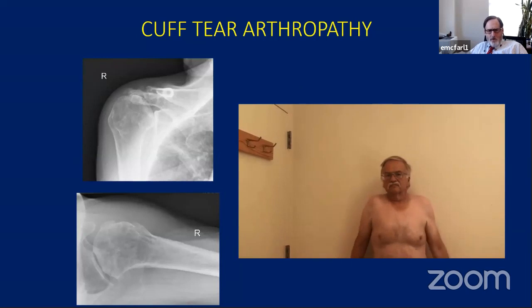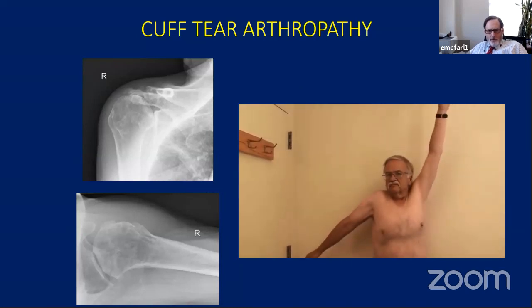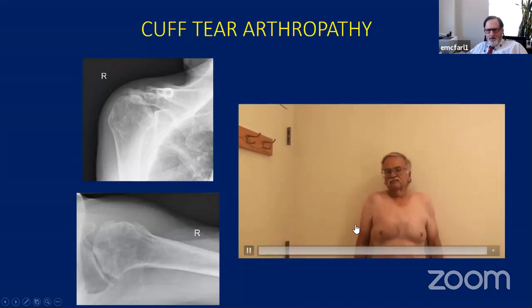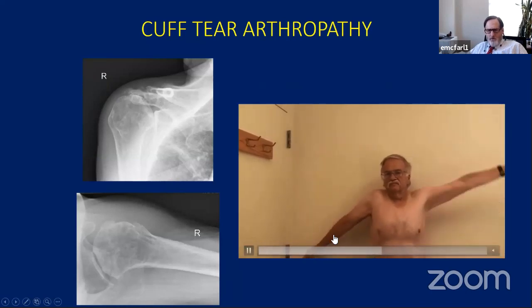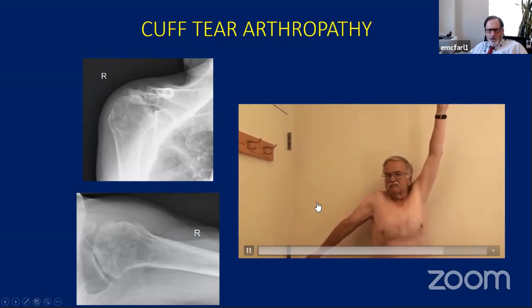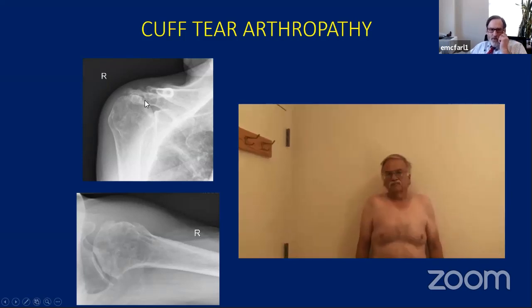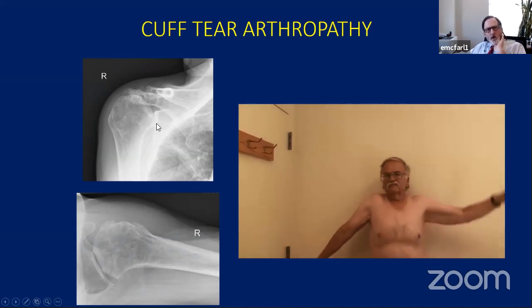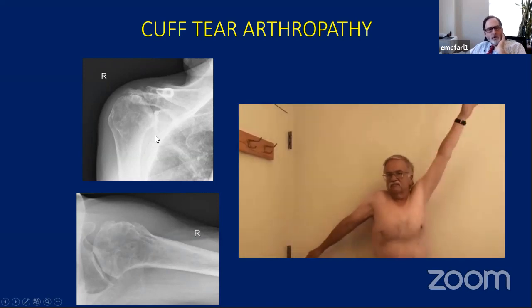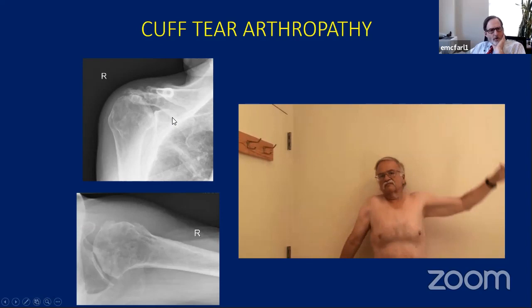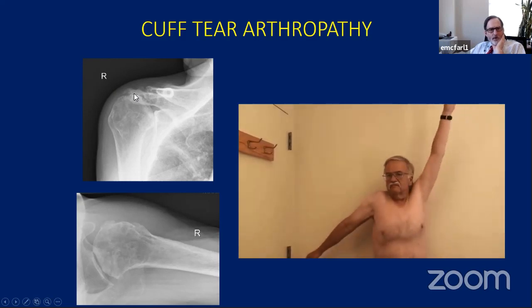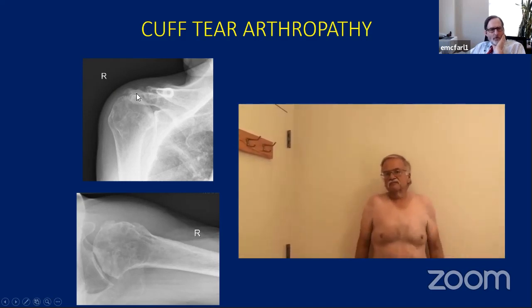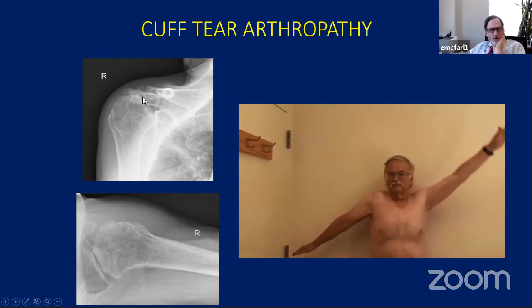This is a guy with cuff tear arthropathy. And again, he's got this classic superior subluxation look, you know, his arm only goes that far. If you have him pick his other arm up, you can get his arm up high. This is his AP radiograph here. It's a Grashey view, which I recommend to anybody doing shoulder surgery. And you can see that his glenoid is down here. The humeral head is way up there. He's got some collapse of his humeral head. His acromion has really gotten a little thin, which makes you kind of nervous.